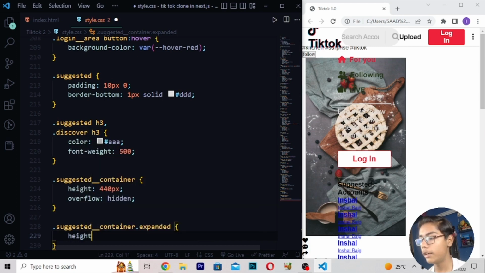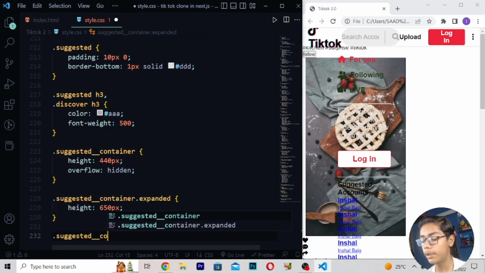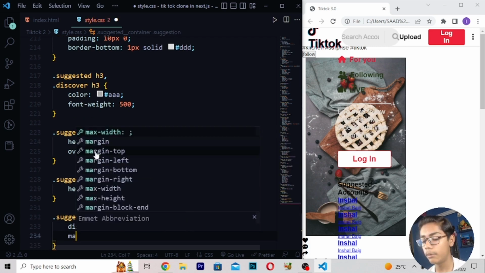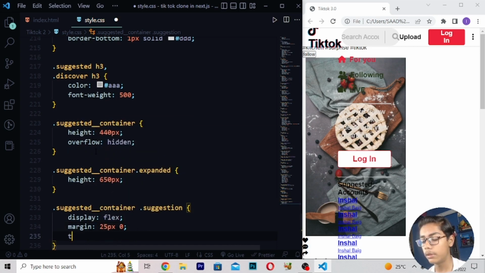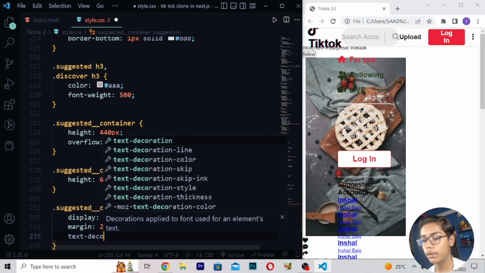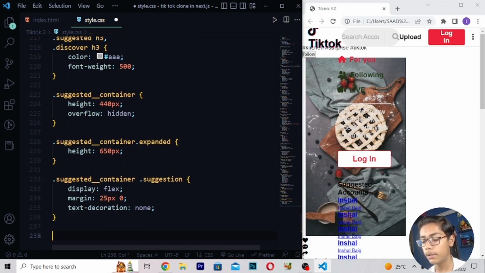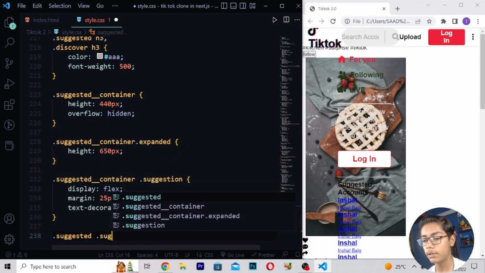then I will be moving, here I'll be writing height 650, right here .suggested, then .suggested-container .suggestion, then when you've written this, here I will be writing display flex, right here margin which should be 25 pixel and then 0, text-decoration which should be none, then when you've written this, here I'll be writing .suggested, then .suggestion, and